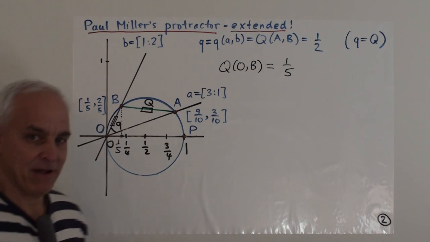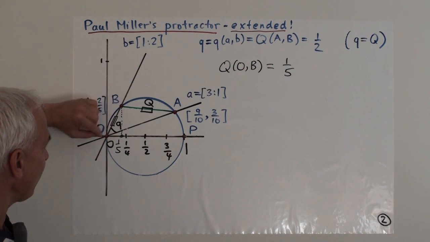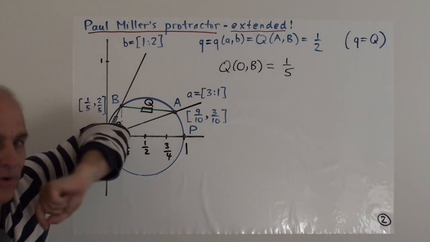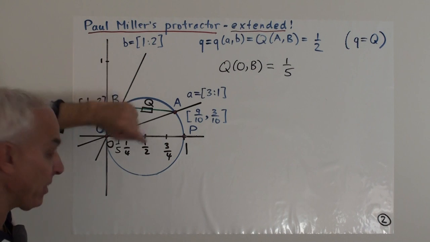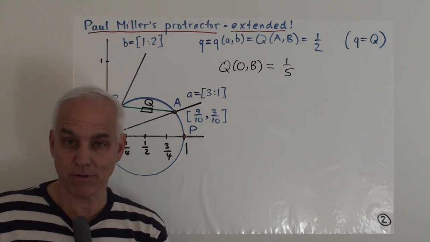So this is a very lovely fact about the core circle, that if we're interested in the quadrance from the origin to any point on this circle, then we can obtain that simply by taking whatever point we're interested in, dropping it down, and reading off the coordinate on the x-axis. Very simple.